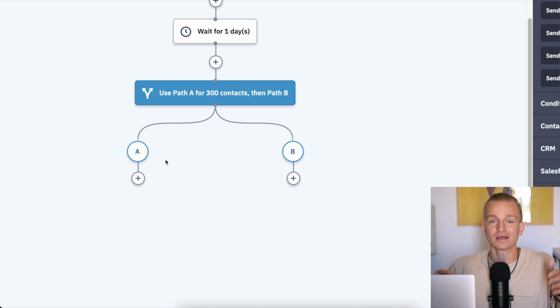I can test out a lot of different things. I can test out the subject lines. I can test out the images within those emails. I can test out copies. I can also create a completely different path where perhaps, instead of sending an email 2 days later, I'm sending the email 3 days later, and see which one is performing better, and so on and so forth. So this is very powerful when you're building out your email automations, and this is something that only ActiveCampaign and GetResponse have.